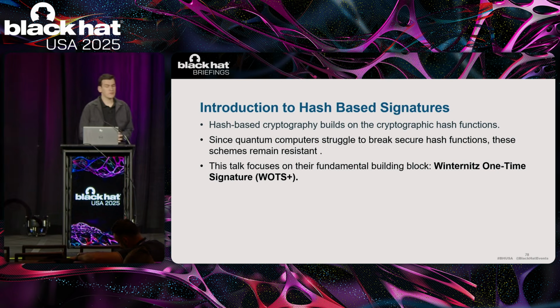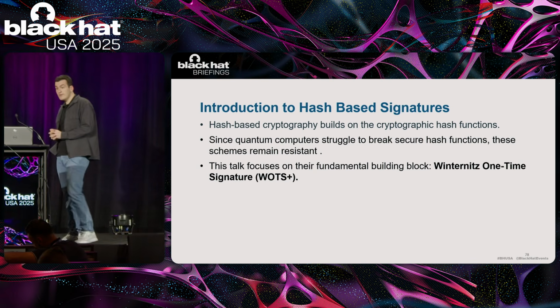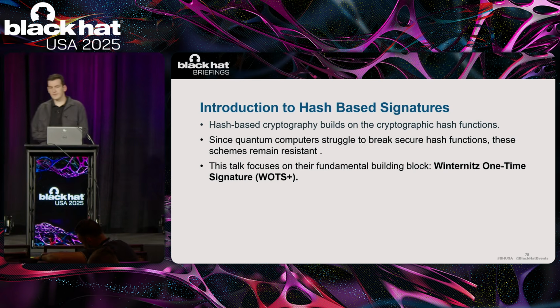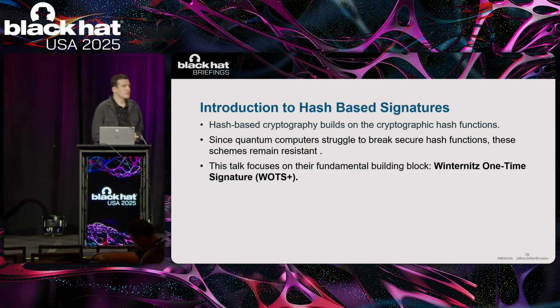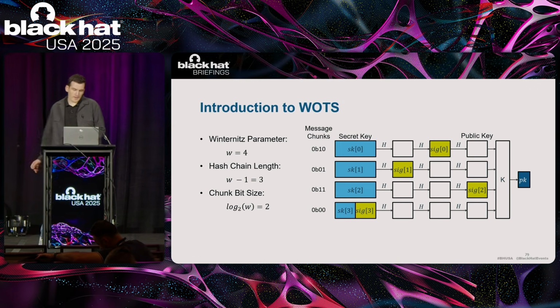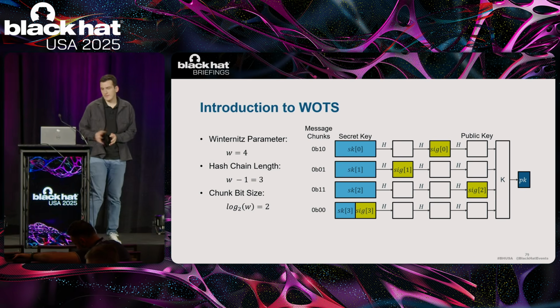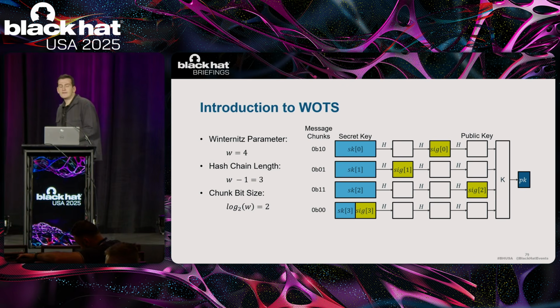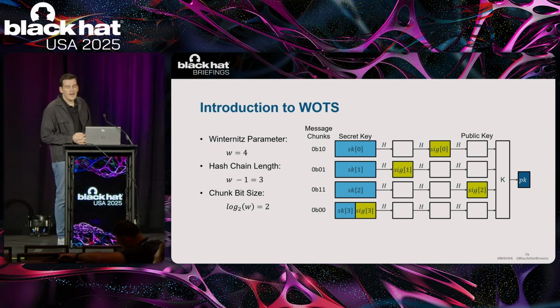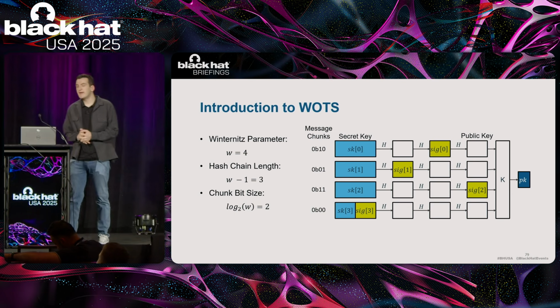And hash-based signatures are complex. So in this talk, we are only going to focus on their fundamental block, which is the Winternitz one-time signature. And it's also the mechanism that we are going to attack. So in here, you can see a simplified WOTS tree with Winternitz parameter 4, and hash chain length is Winternitz parameter minus 1, which is 3, and chunk bit